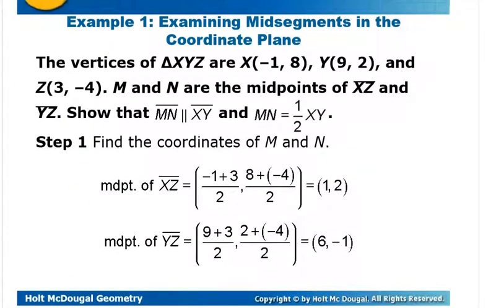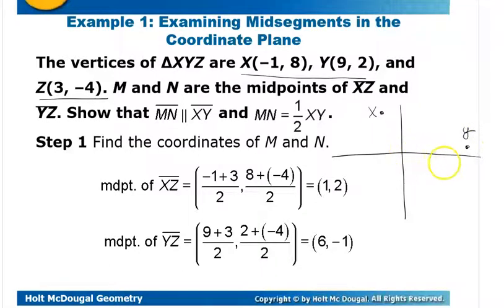But first of all, we're going to have our triangles. And we're going to look at some things about these midsegments. So you have your original triangle right here. These are the points of your triangle. Let's just do a rough sketch of that. So X is at (-1, 8), somewhere right there. Y is (9, 2), somewhere right there. And Z is (3, -4), somewhere right there. So this is what our triangle looks like. Something like that. And we have that M and N are the midpoints of XZ